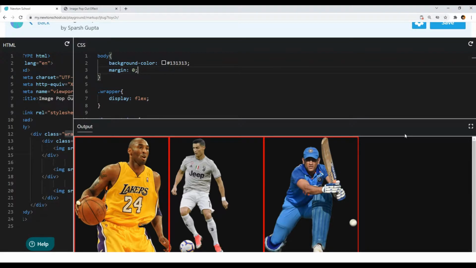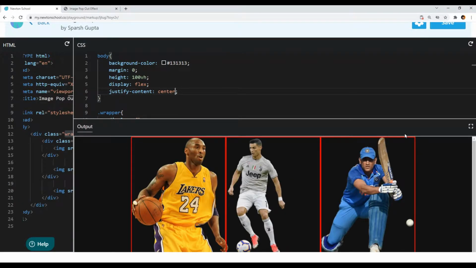But before using the flex method, I will give a height of 100vh to our body element, and now I will write display flex and justify-content center to align our wrapper horizontally centered, and I will also use align-items center to align our wrapper vertically centered.